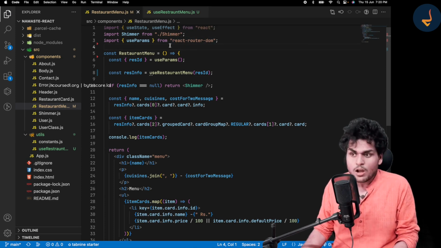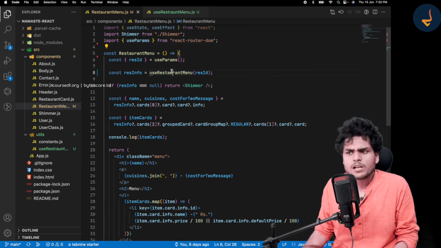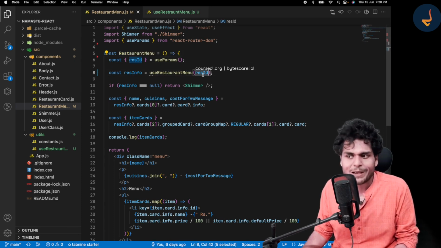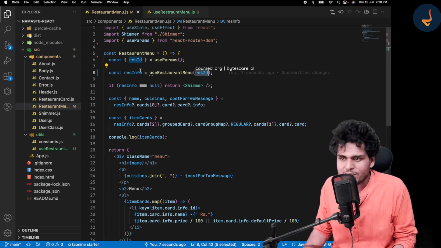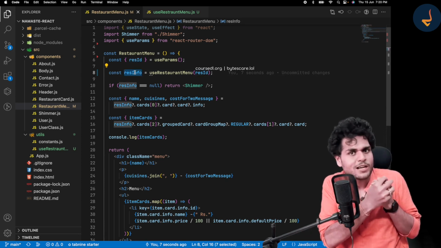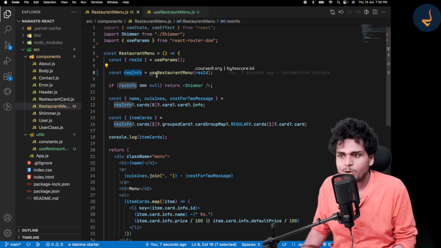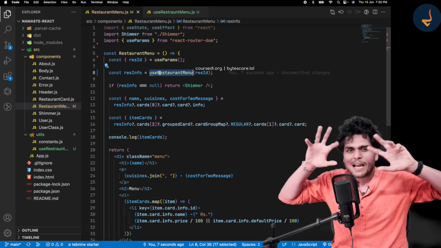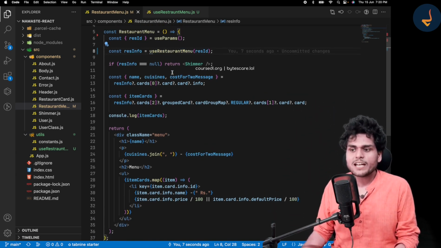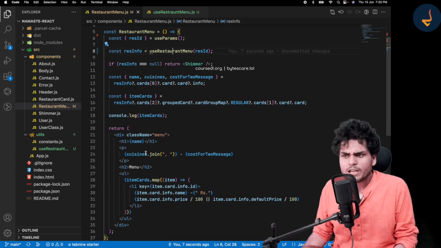Now, restro menu does not have to worry about how I am getting the data. It just needs to worry about this resId, and passing this resId, somehow magically resInfo will get that restro information. It does not have to worry about what black magic is going on behind the scenes inside it. And if you look clearly, our code looks much cleaner.